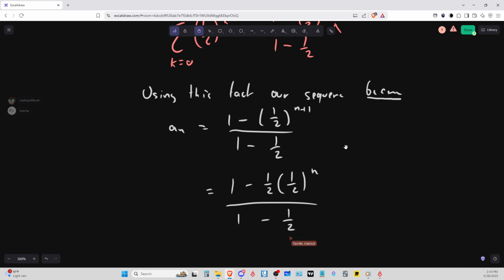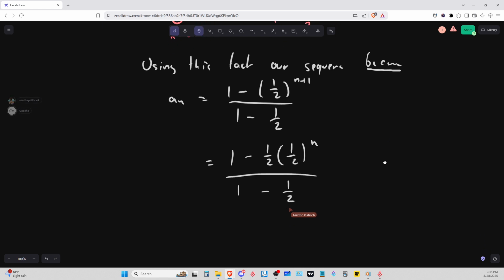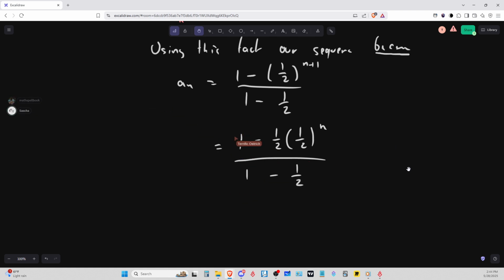Okay. But now this is just an application of the fact that when you multiply a convergent sequence, and when you add two convergent sequences, you still get a convergent sequence. Because at the end, what is that? First of all, the numerator is just the sum of two sequences. One of them is 1/2 to a power, with a constant there, and the other is just the constant sequence 1, right? So those two sequences are converging. Therefore, the numerator is converging, and the denominator is just a constant number. Therefore, this sequence will converge,